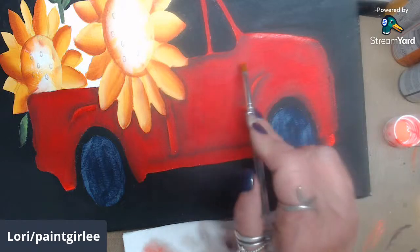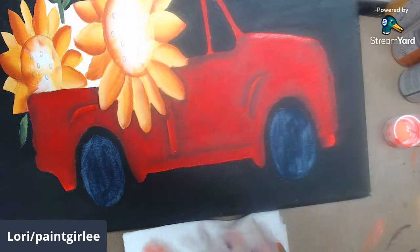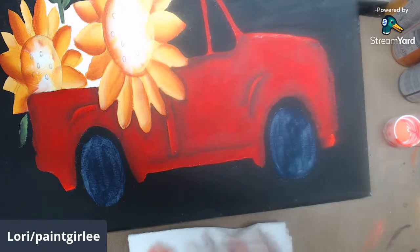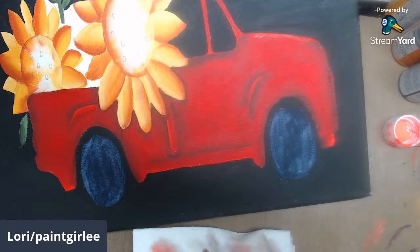So this I'm going to add some more red in here. And I'll do around the windows for sure. And add some highlights. This I think I would like blended a little better, so I can work on that. Let me just see if I put a little black. Maybe the black is...